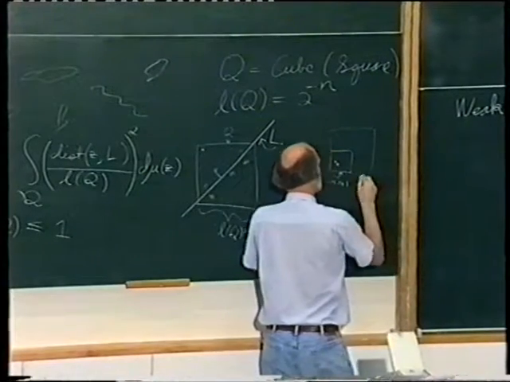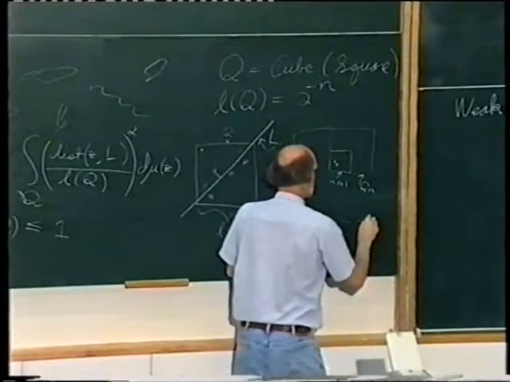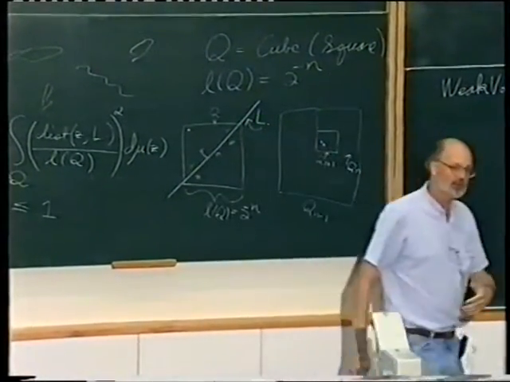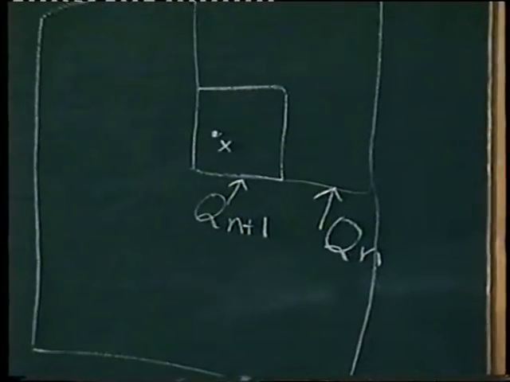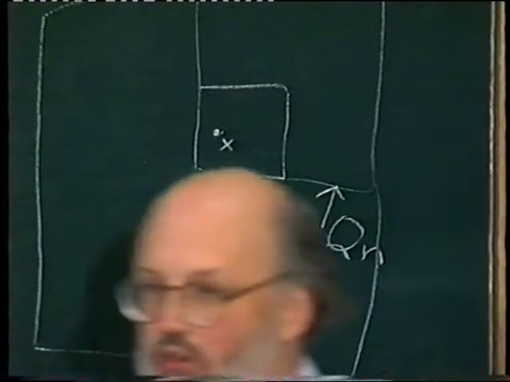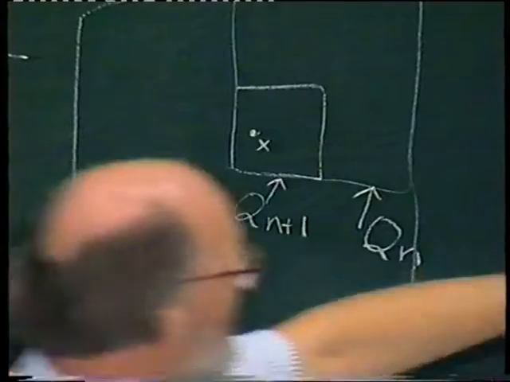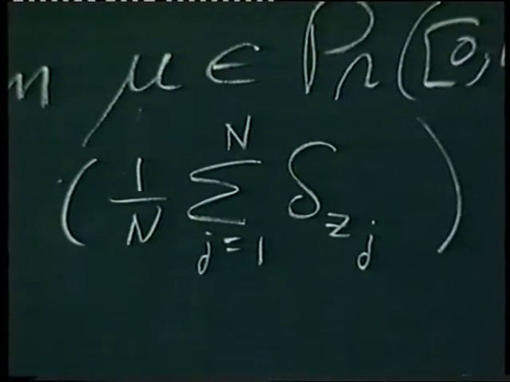Here's Qn. It's twice as big. And then this one has a box Qn minus 1, etc., all the way up. So we have this infinite number of boxes. You should think of this actually as a large number of boxes. Like, in this case, you would have log n scales